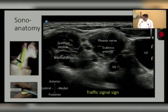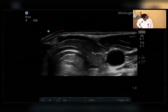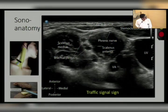When we put the probe on the interscalene groove, the plexus appears as hypoechoic nodules covered with a hyperechoic rim in between the anterior scalene and middle scalene muscles. On the anterior scalene muscle, we will find the phrenic nerve, and just above the anterior scalene, we will find the tapering sternocleidomastoid muscle. Here the vertebral vessels are visible because it is at the level of C7, and here we will find the traffic